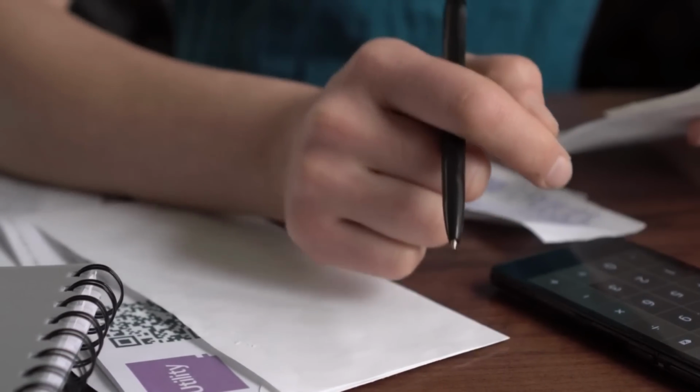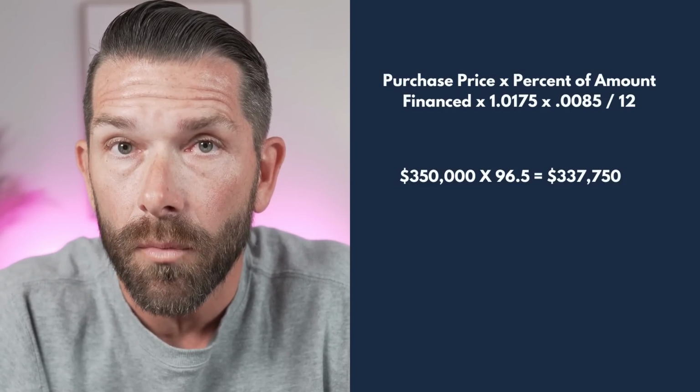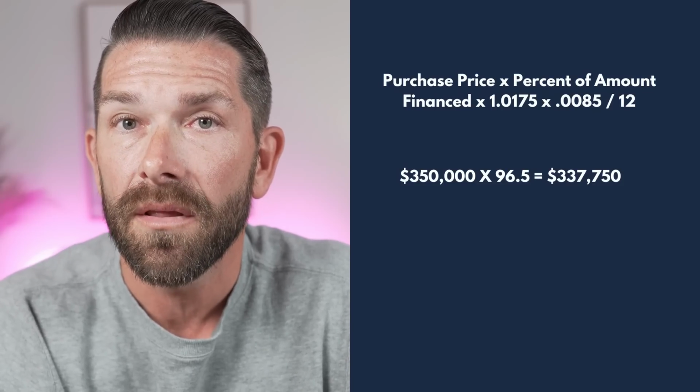So with all of that said, I wanted to take some time here and actually do that calculation that we discussed earlier in the video so that you can understand what the upfront mortgage insurance premium looks like, as well as the monthly mortgage insurance premium, so that if you're doing some calculations at home, you know how to calculate these. So let's say that you're buying a $350,000 home. With FHA, that only requires a 3.5% down payment, which in this case is $12,250, which means that your loan amount before you add that upfront mortgage insurance premium to it is going to be